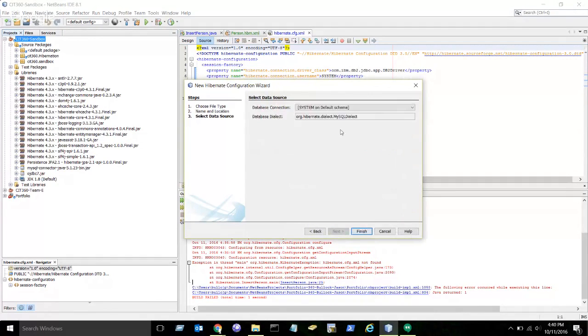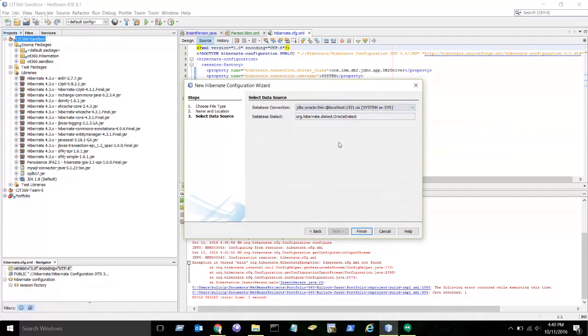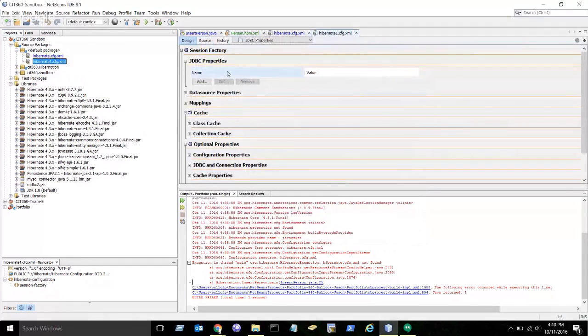And on your next screen, it asks you what database you are talking to. So you have a database. Yeah, you have to have a database. So I'm just using Oracle. That's your local database. Yep. And then it brings up this